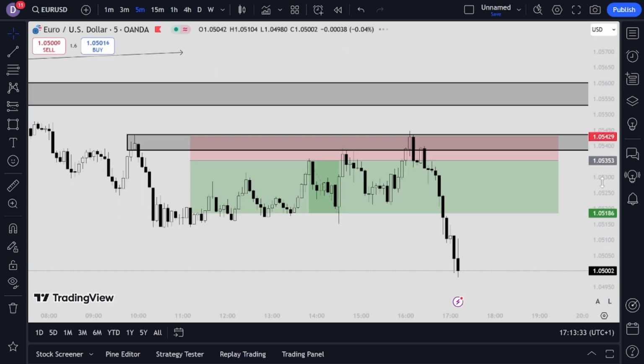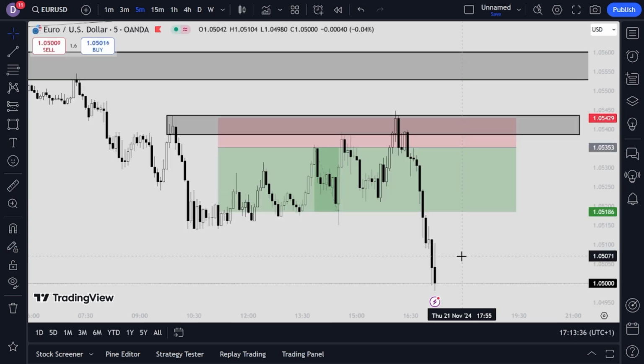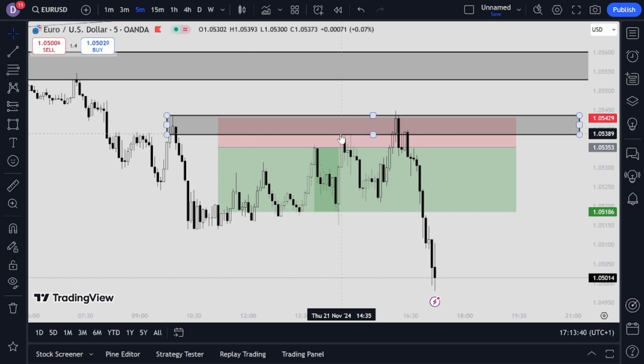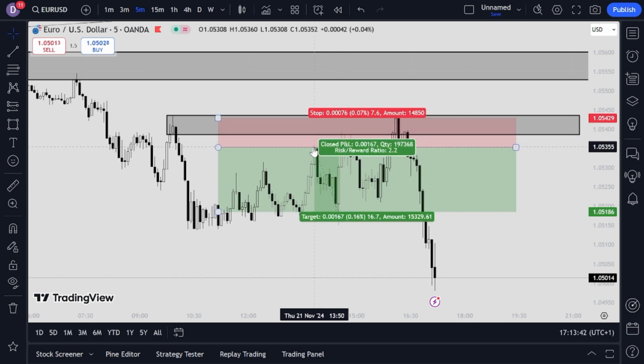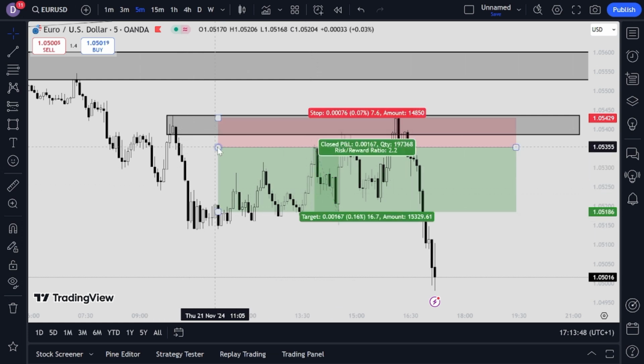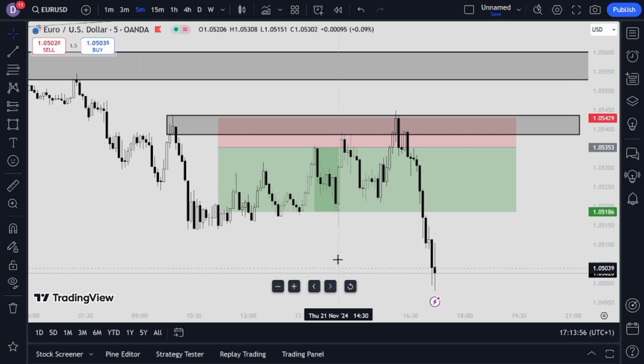So we got the 5 minute. I entered this on a 5 minute chart, and we had this order block. No, it wasn't this. It was this. And I took an early entry because I saw it here. It didn't hit the order block yet, but I was like, maybe it's not gonna hit the order block, and it actually didn't, as you guys can see. So I entered, we flew down, hit the TP, and yeah,